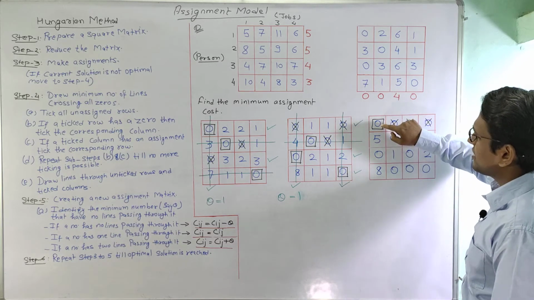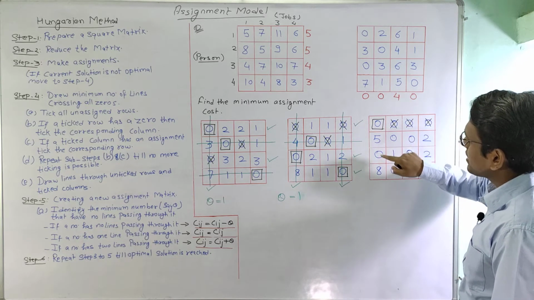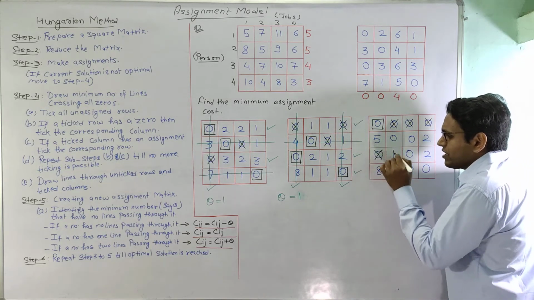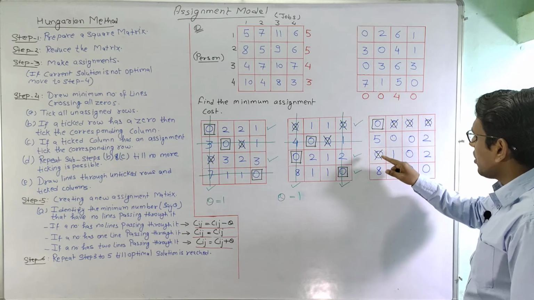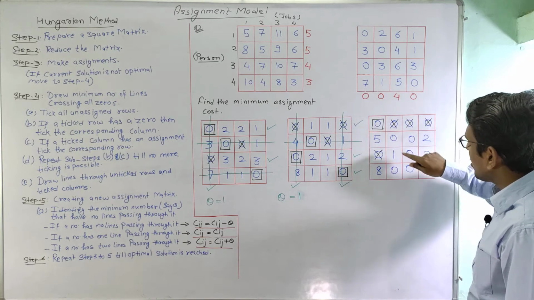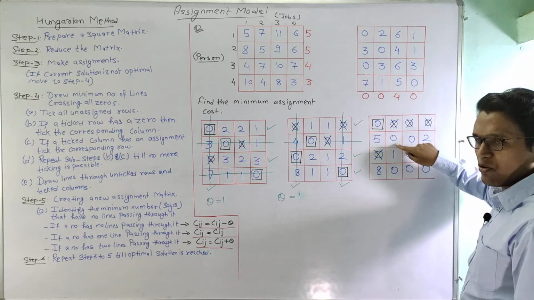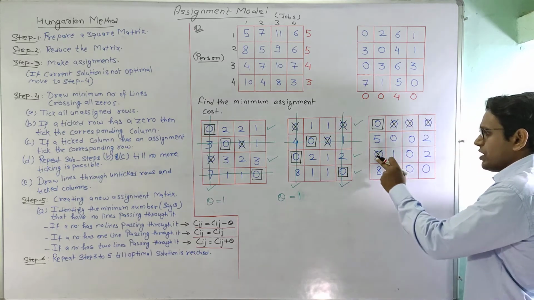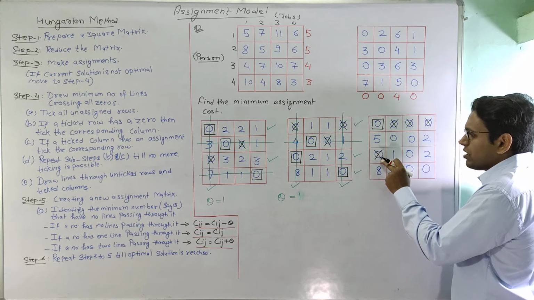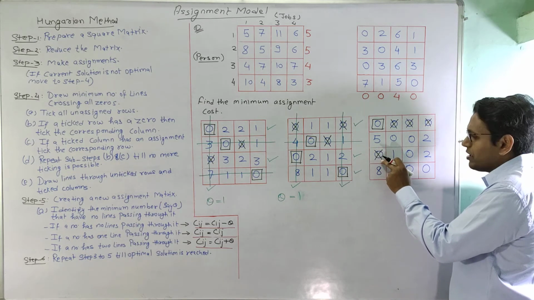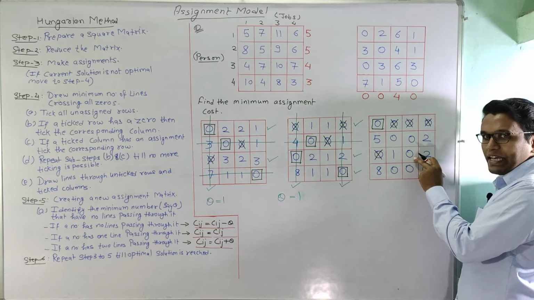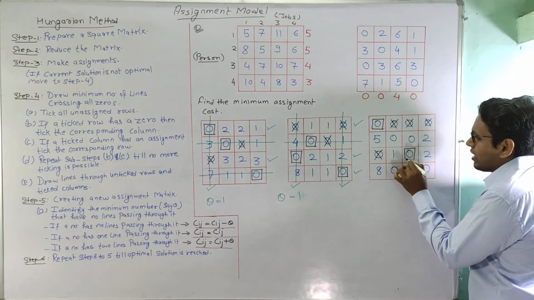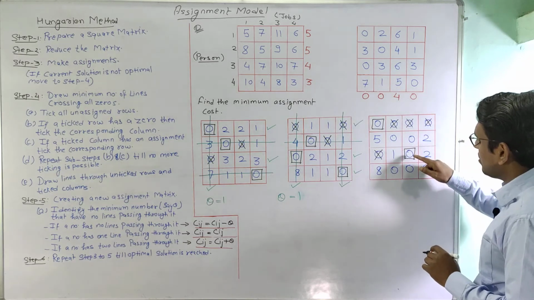Similarly, once this has been assigned, no more assignment can be done in this column, so again this 0 also becomes ineligible for assignment. Now moving on to row 2. In row 2 we have 2 zeros, that means more than 1 zero, so we will skip this and move on to row 3. Now in row 3 we have 2 zeros but 1 zero is ineligible, so there is only one assignable 0 present here, so we can assign this 0, and once we assign this 0, we know that